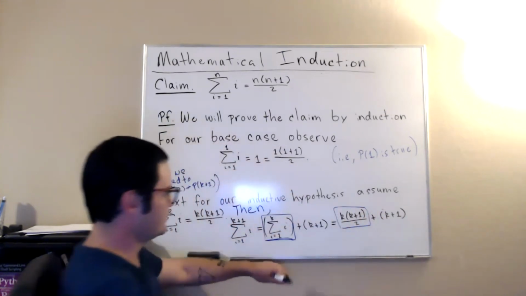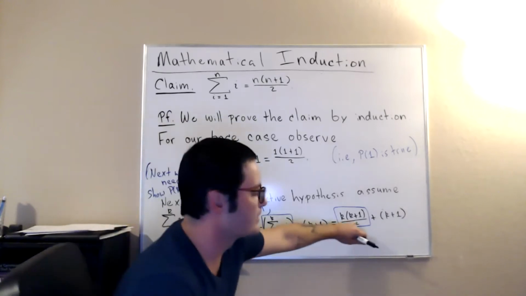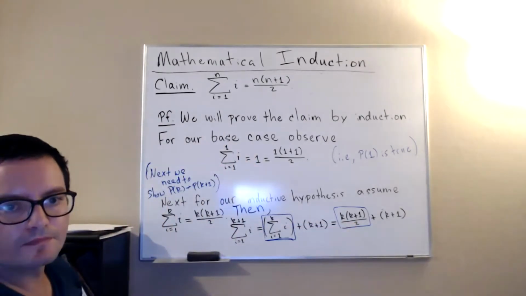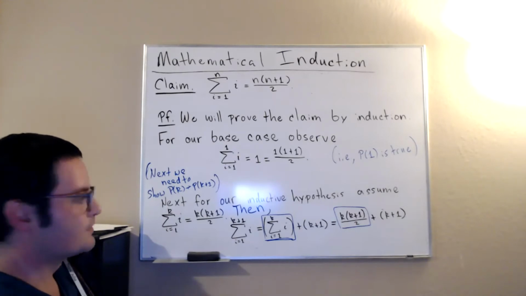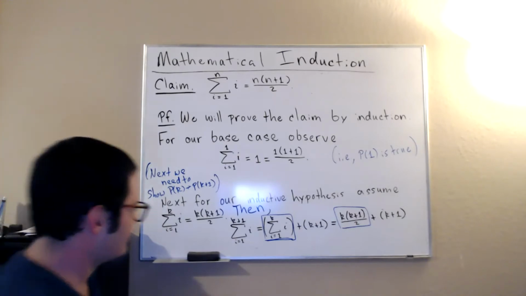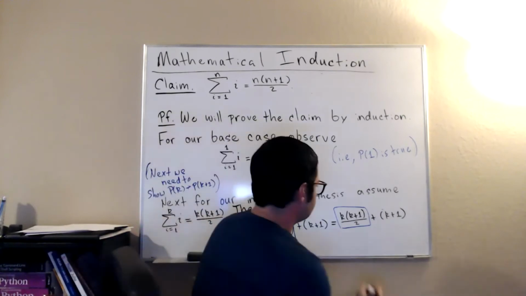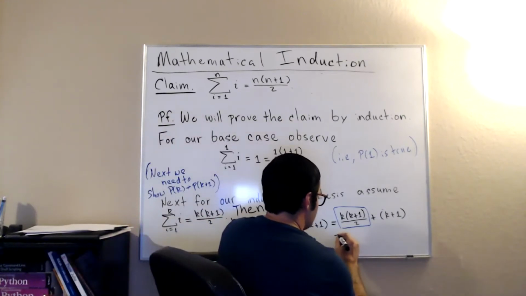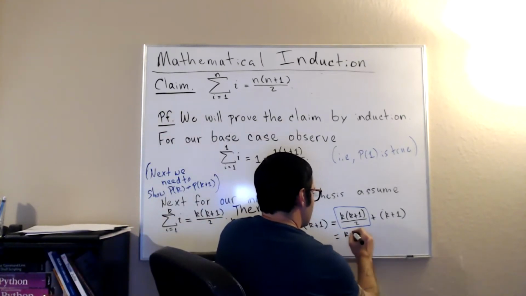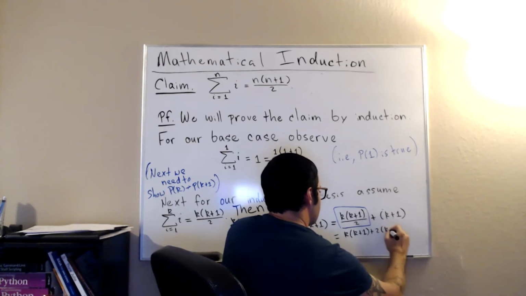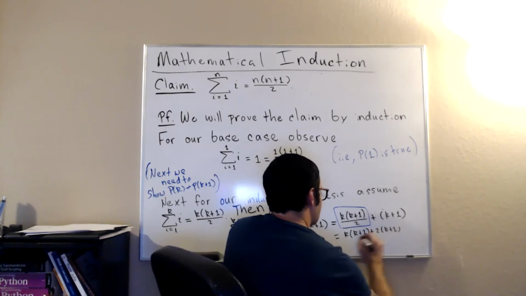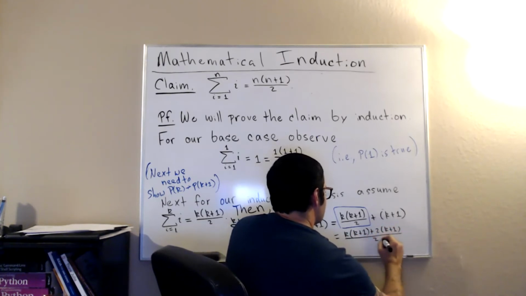Right? That's our inductive hypothesis, that that is equal to that. Okay? So then we just need to do some algebra here. So this is equal to k times k plus 1 plus 2 times k plus 1 over 2,